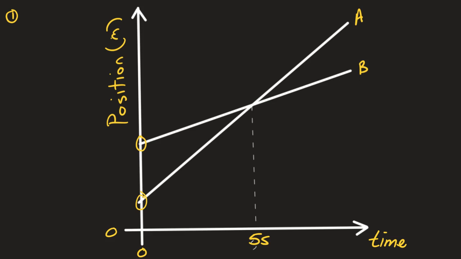It should be pretty clear that this line's slope is different than this line's slope, even at the 5 second mark. So they never have the same velocity. It was already said out loud, and I will reiterate it, that at 5 seconds, A passes B. That's what's happening at the 5 second mark.